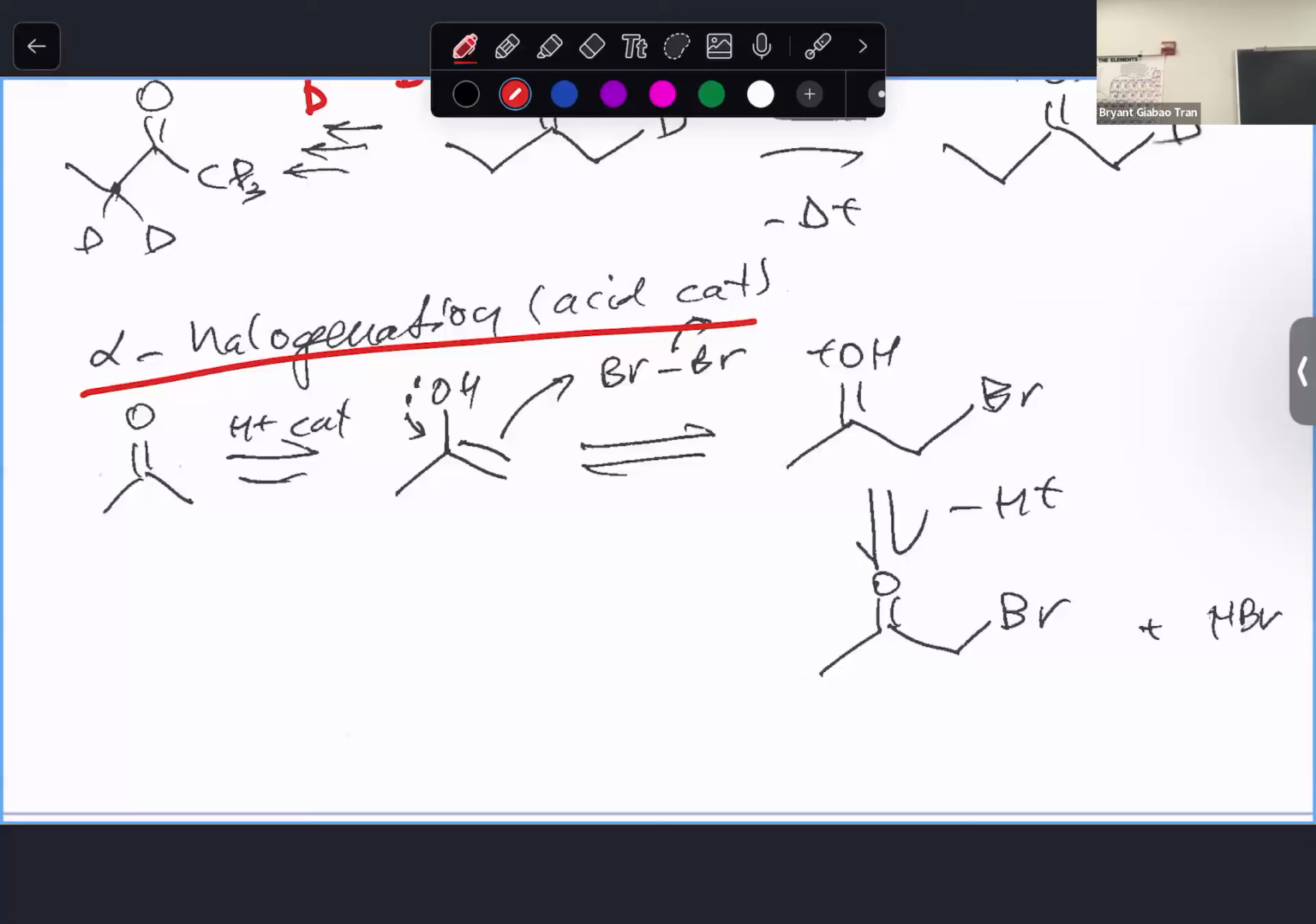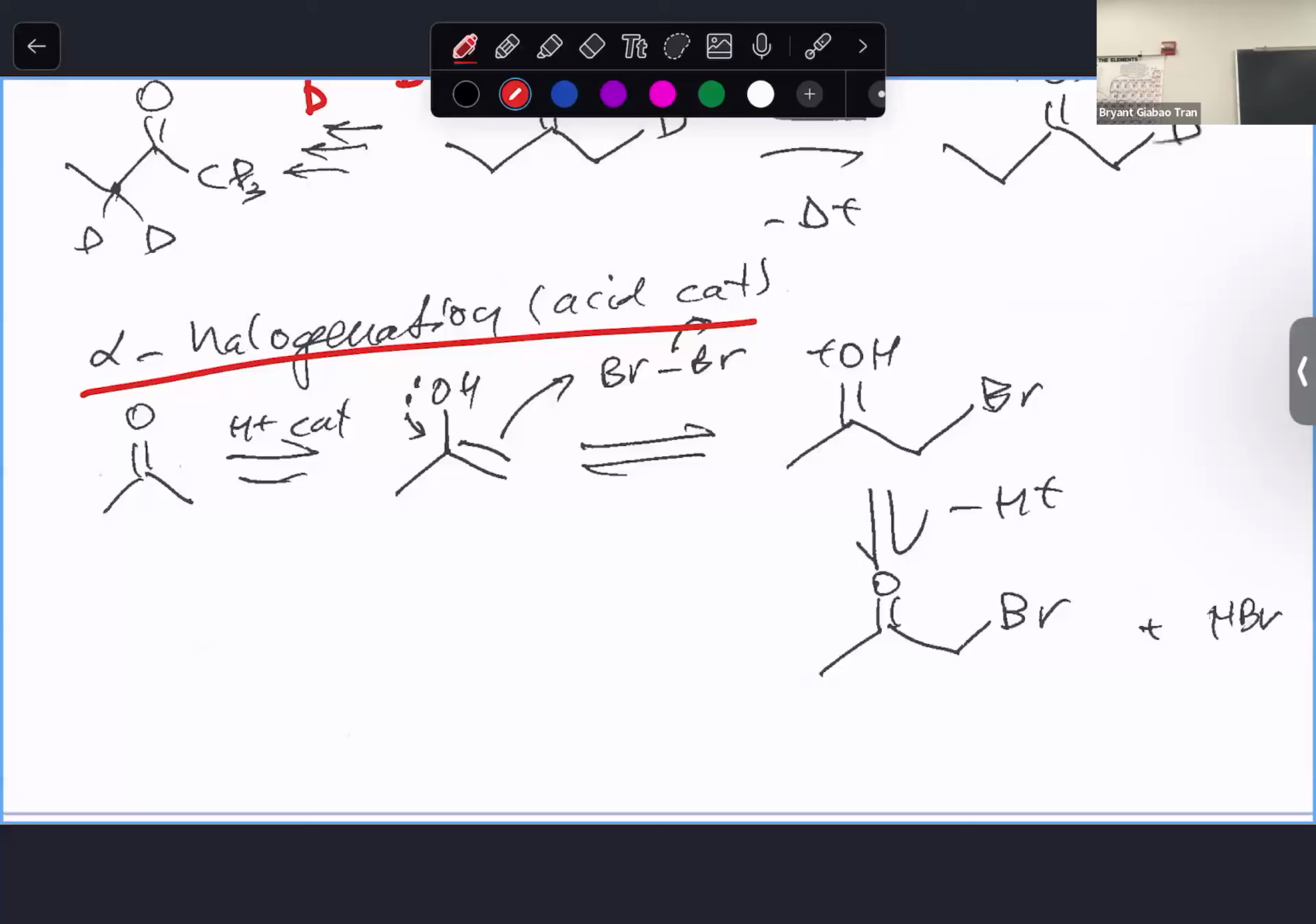It's very similar to how we did earlier, like instead of an H or an alkyl group, this is alpha bromination using Br2. You get the poly. That's for basic. Oh, right. For basic conditions, we go all the way down to the poly. For acidic conditions, we stop here because